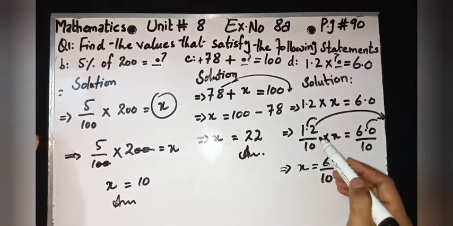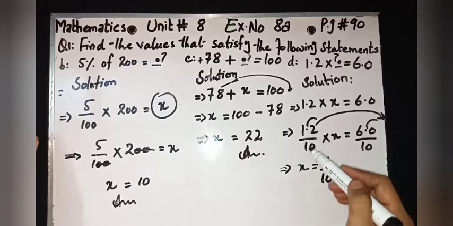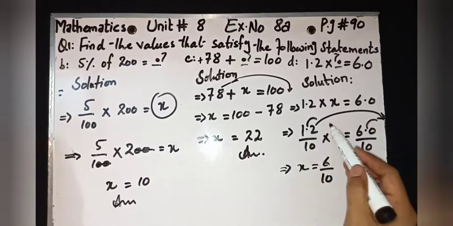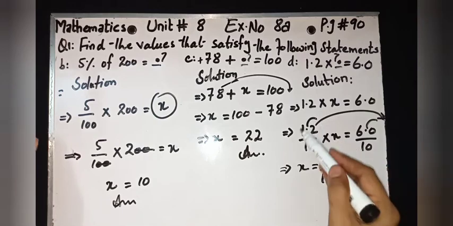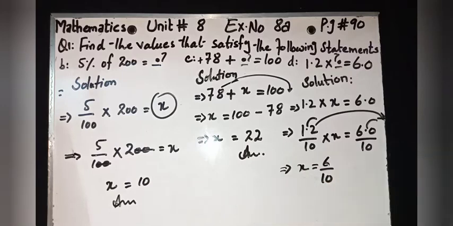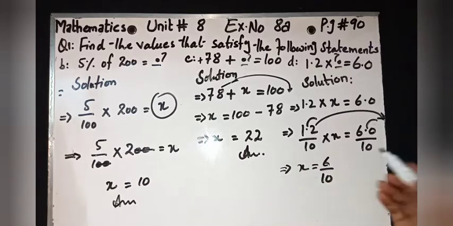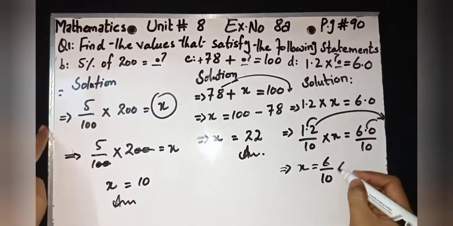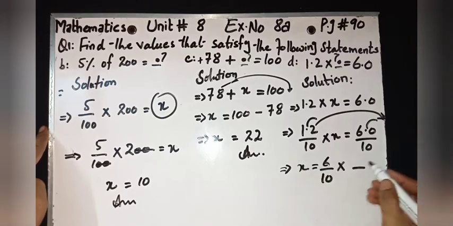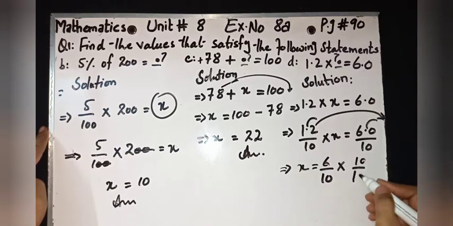This part 1.2, it means 12 upon 10, we shift to the other side, we change the place, so automatically the sign will be inverse. It means this part we have in fraction form. Fraction means we have divide, so the direct method is divide changes into multiply, the simple method is reciprocal. So 12 upon 10 becomes 10 upon 12.